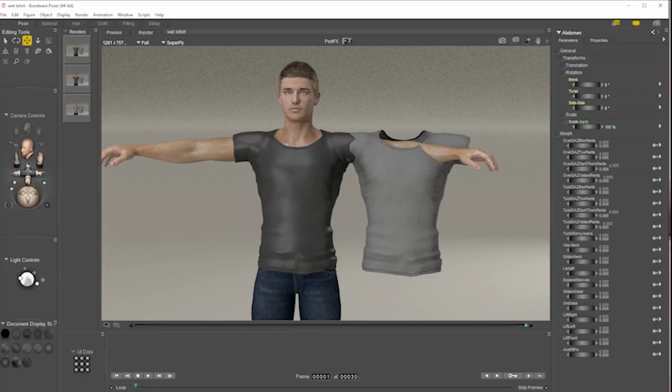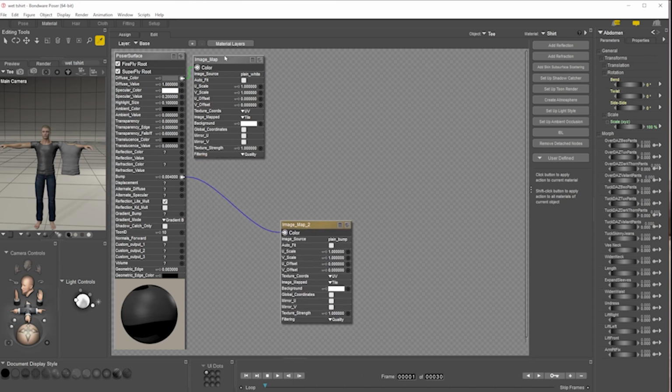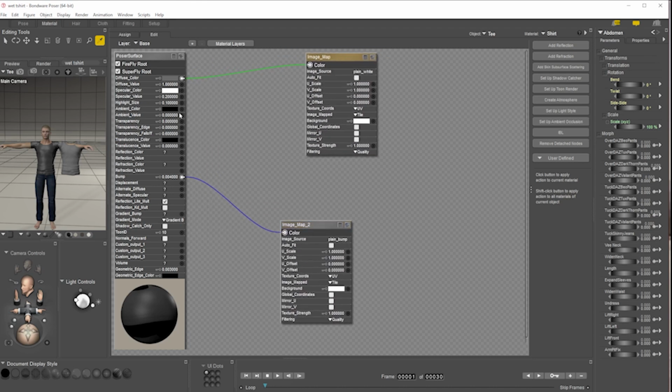And compare that to our image here. We could make that more shiny. We'll see how that goes. But something else that I want to do now is just add a little bit of transparency. I'm just clearing these out of the way so that I can see. So this is all what I would consider to be level 1 wet clothing. So here we'll just set that transparency to, let's say